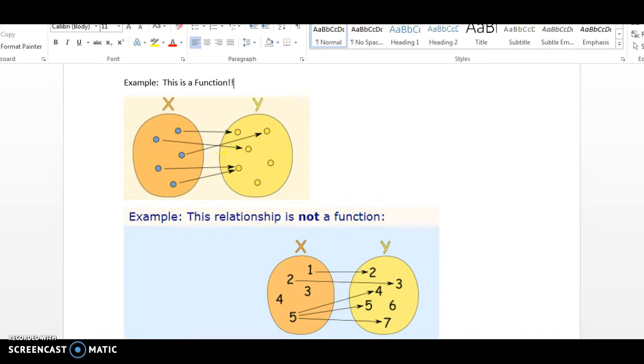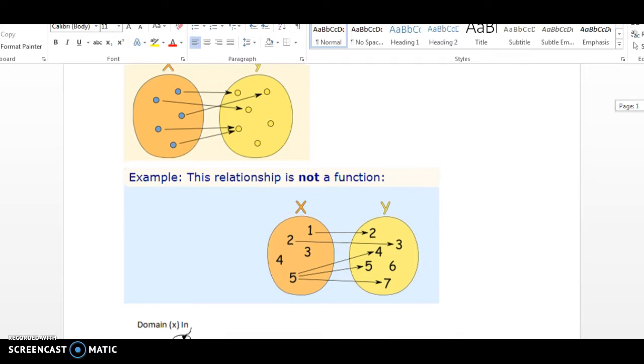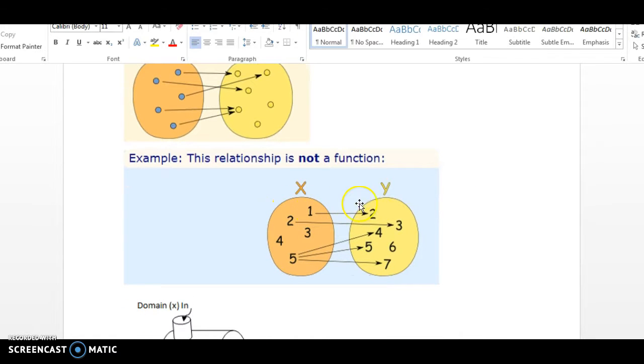What you can't have with a function, and there's a good example down here, is what's different about this one down here: you have the same x value, or input, mapping onto different y